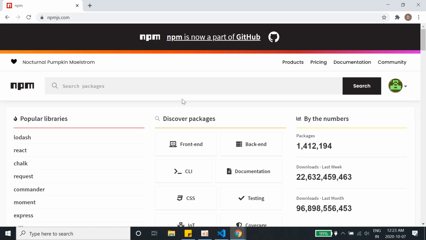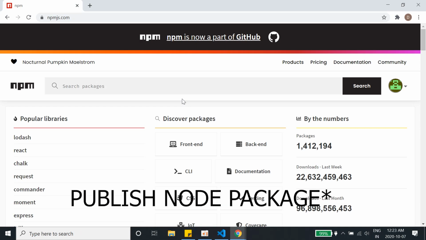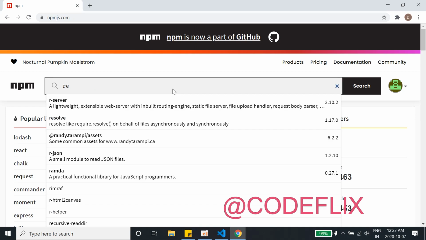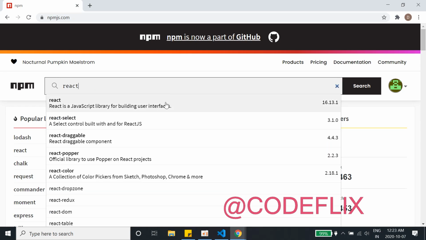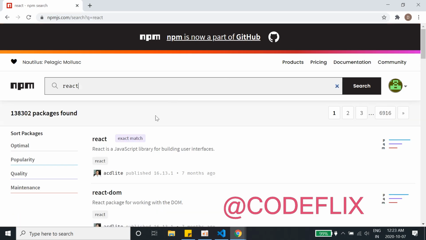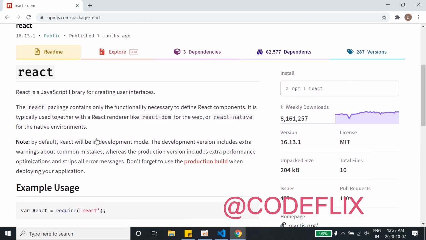So in this video, this is a very unique video because we will be publishing our actual node package manager package. Many of you might be wondering how to publish node packages. React is a node package, and we can just install it in our folders and use React like we use any other library using npm.